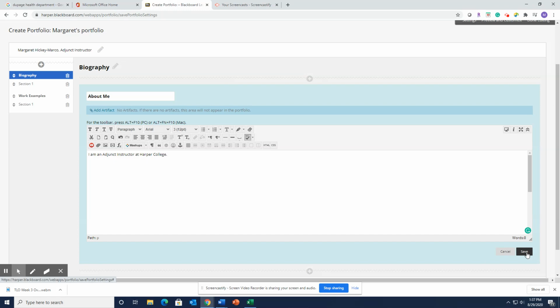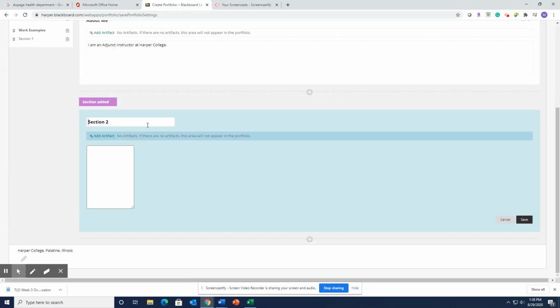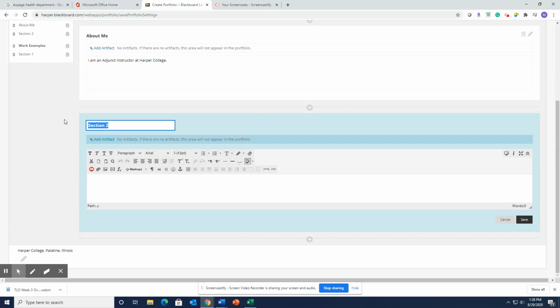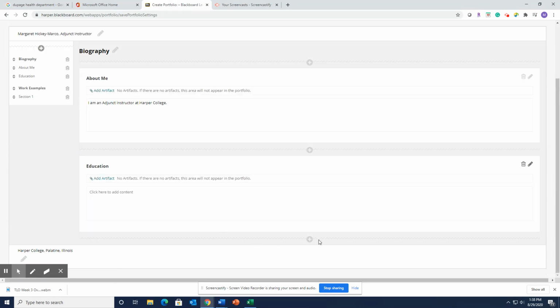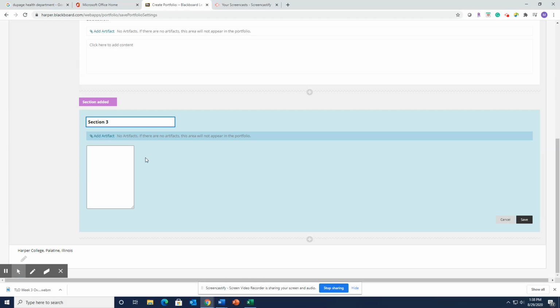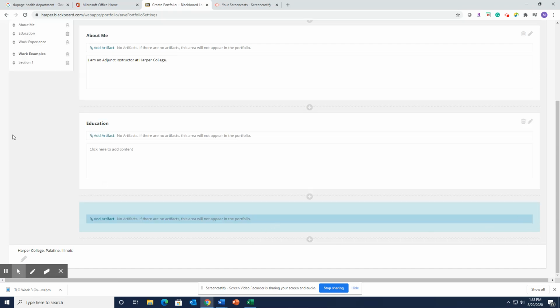And then I click on save. And that part is saved. To add additional sections, down here you click on this little plus sign and say we put in education. Click on save. So I want to add another one. Work experience. You have in your assignment itself, it lists the required parts for the About Me section, or the